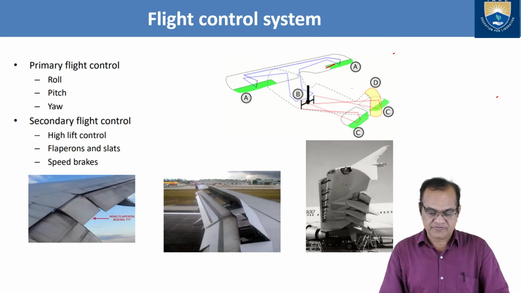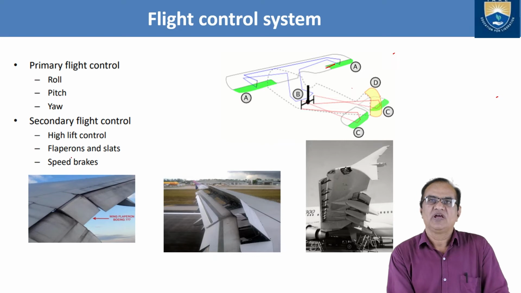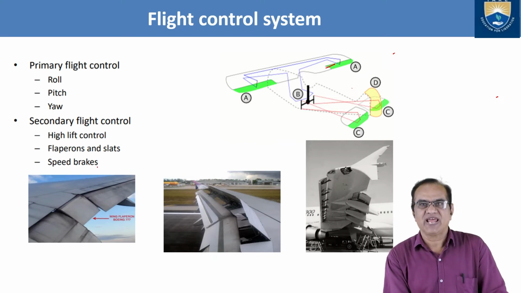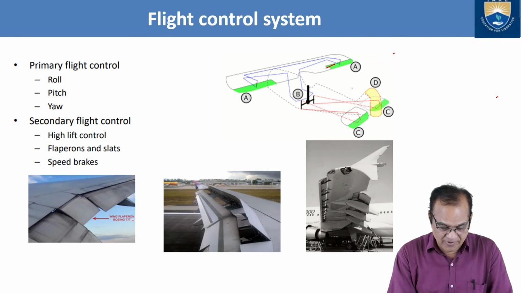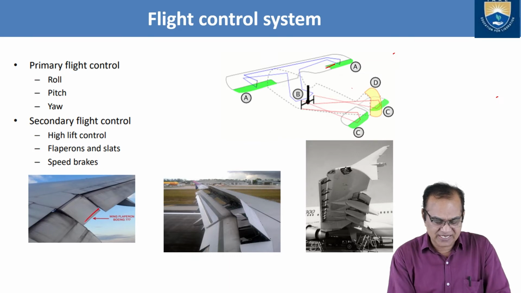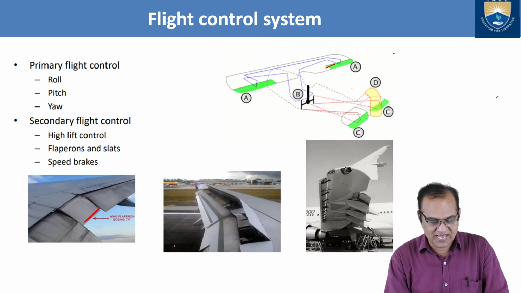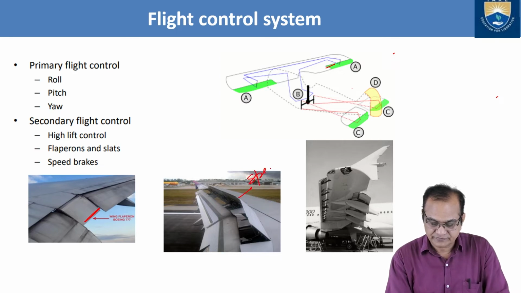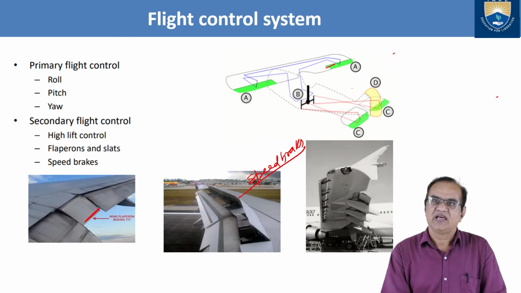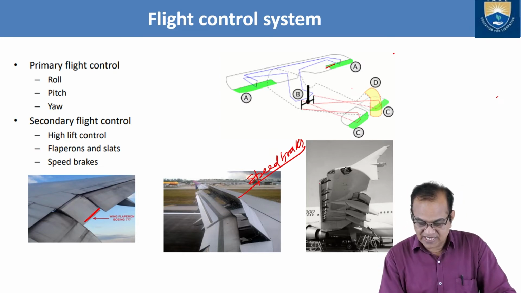Okay, now I will talk about the secondary flight control. Here we have the high lift control, flaperons and the slats, and we have the speed brakes. So you can see the wing flaperon. Flaperons means flap and aileron. So here it is acting as a flap and also as an aileron. All the modern aircraft have it like this, and this is called the speed brakes. It reduces the speed and also spoils the lift. And here, if you see, this is the leading edge slat,